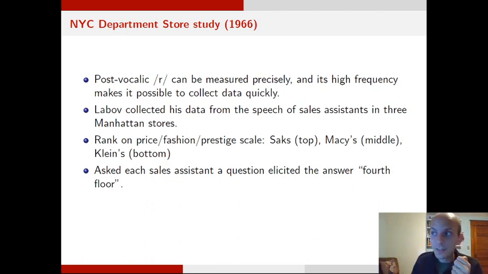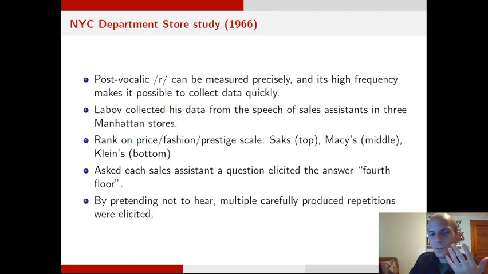I wasn't there, so don't take my word for it, but apparently it was nuts. But regardless of how he got the data in a shady way, it's a cool design, right? Because he would ask them a question that would elicit this answer, 4th floor, and he would pretend not to hear. So he would say, oh, excuse me, I didn't catch that, and he would get people to say 4th floor again. So not only would he get more tokens, more repetitions of these post-vocalic R's, but he would get